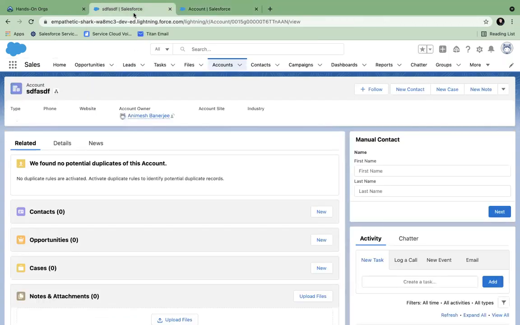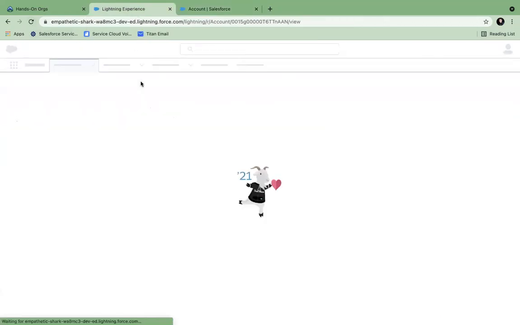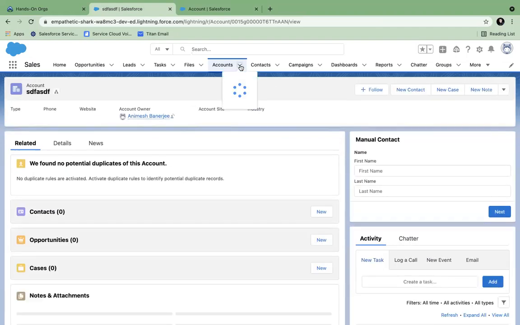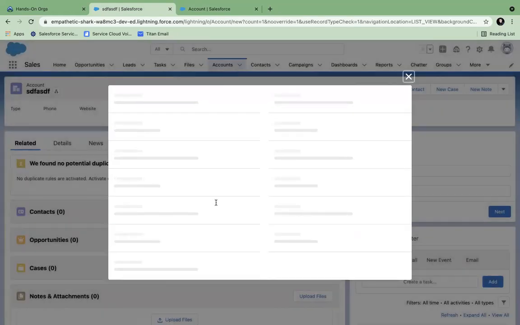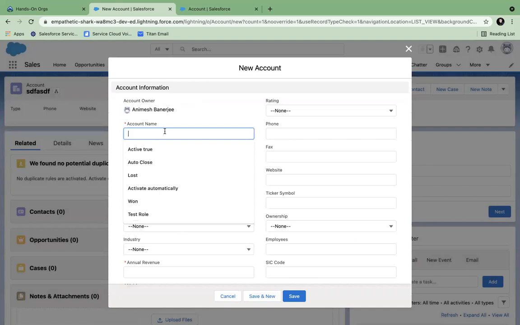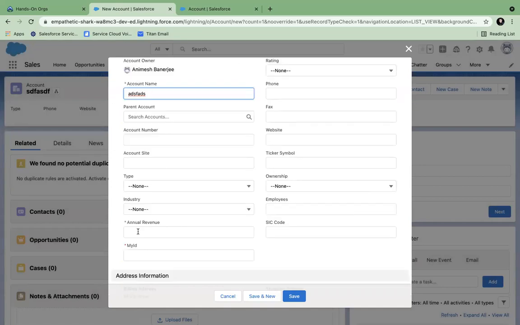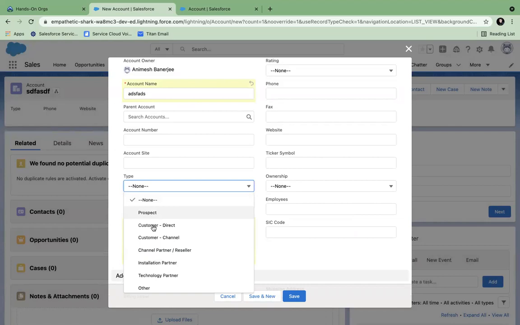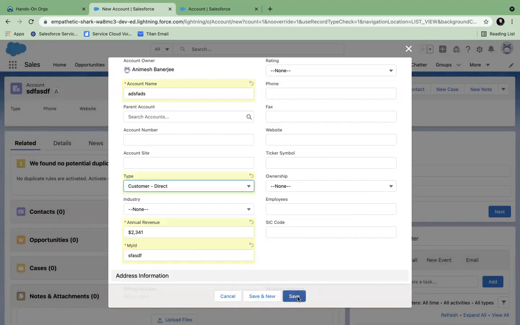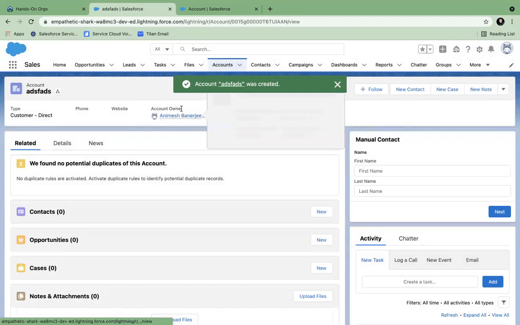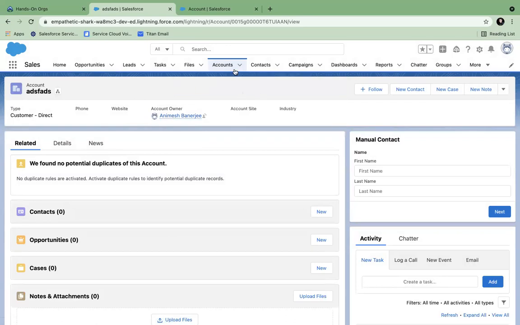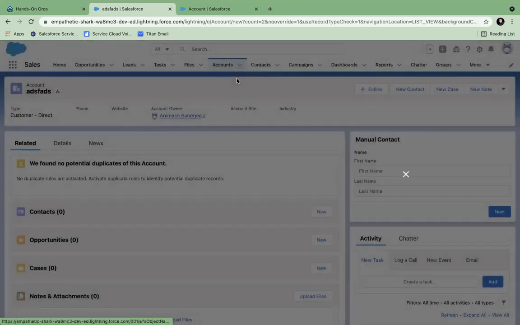So now I'm taking conditions, right? Let's see if this works. If I give some values, but the type I put something like this, it will allow me to save, right? Because the type is different. Number of employees is not needed.